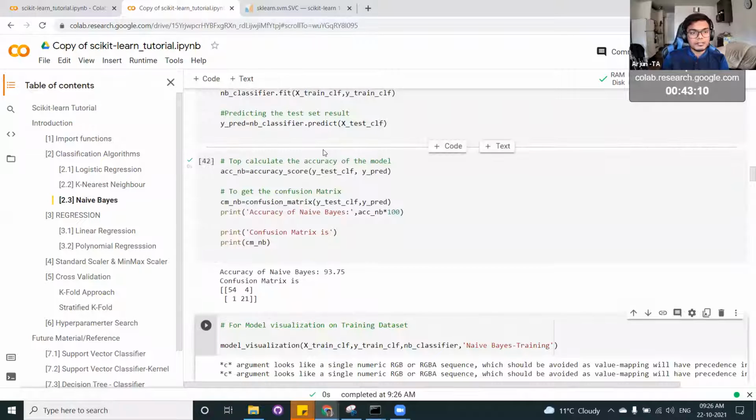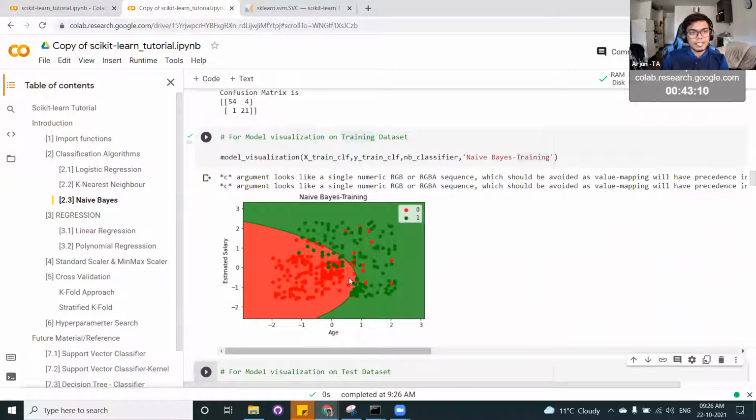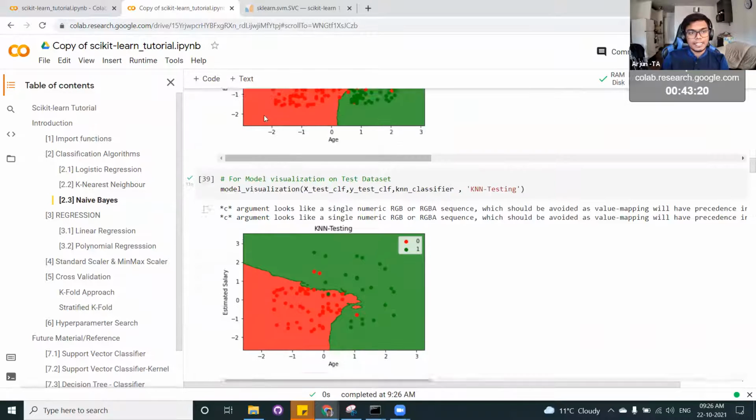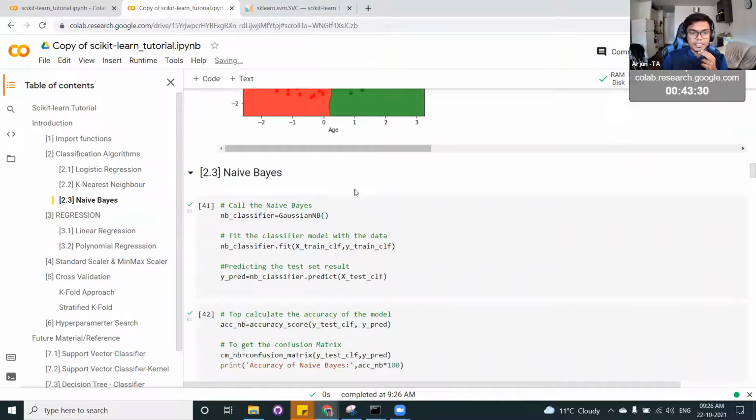So we use Gaussian naive Bayes and get some results, and let's see the model's visualization. You can see in naive Bayes, it's kind of a non-linear decision boundary, but a very smooth one, whereas in KNN there are so many ups and downs and small curves being captured.